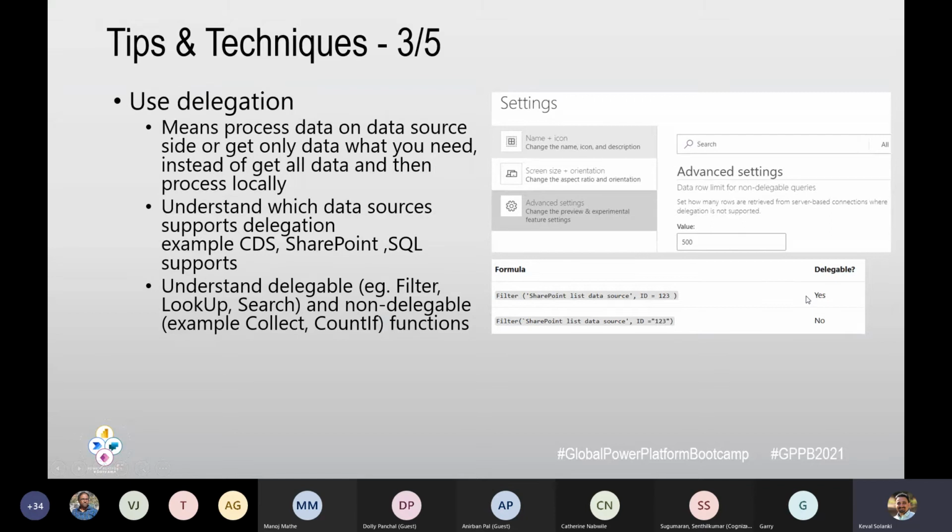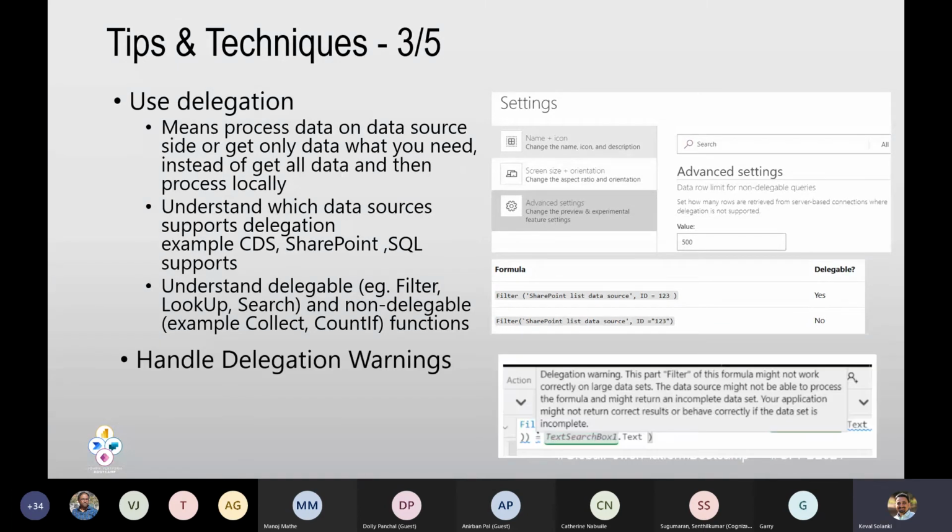Here it says this is delegable, but the other one, where we compare the id to 1 to 3 as a string, is non-delegable. The reason is that in this example, the SharePoint list data source assumes the id is numerical. That is how you need to give the comparison properly, then only your delegation function will work correctly. Even if you are working with a delegable function, you need to provide the proper data.